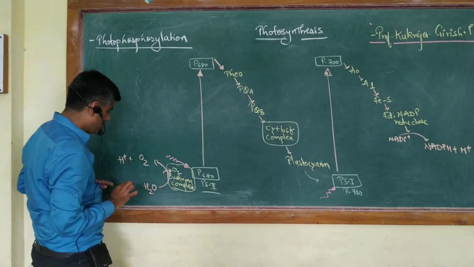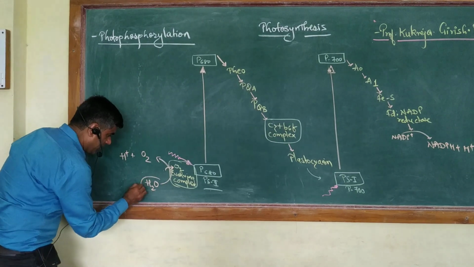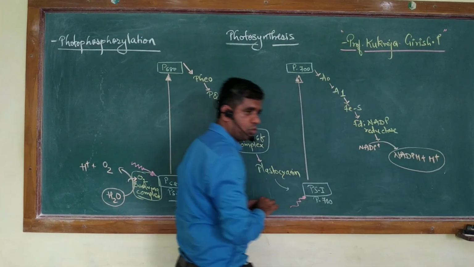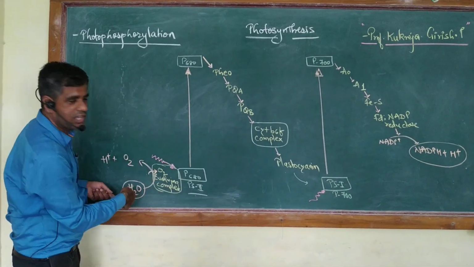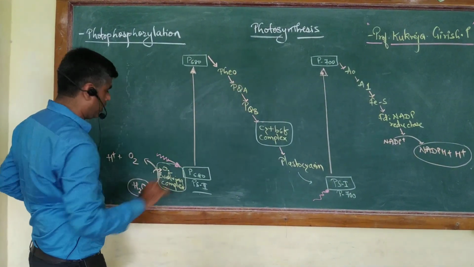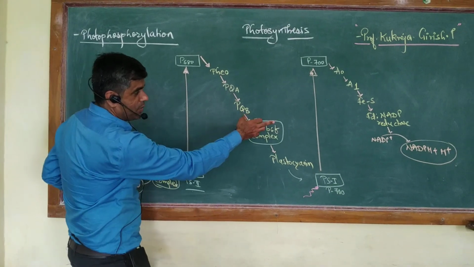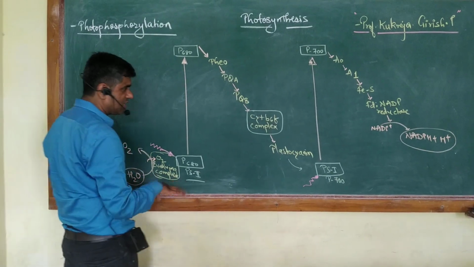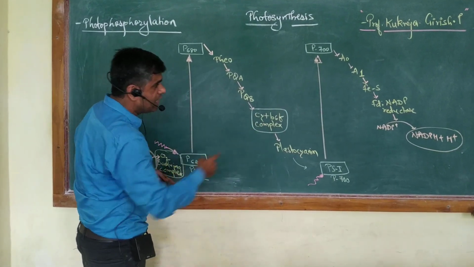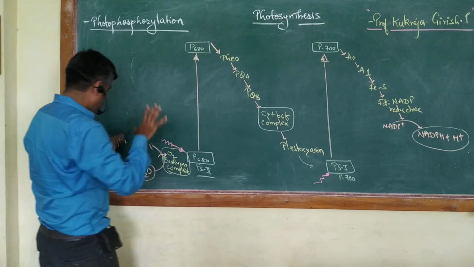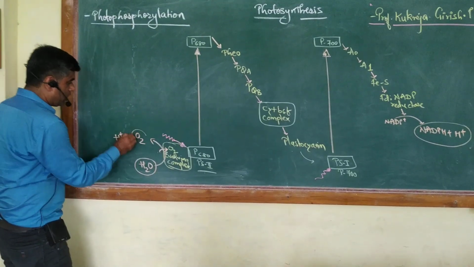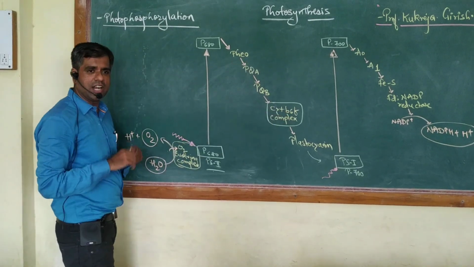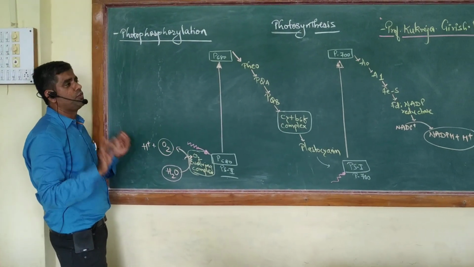The electron donor here you can see is your water, and the electron acceptor you can see is your NADPH. So the electron does not come back. Therefore it is a non-cyclic flow of electron from your H2O to your NADP+. So this non-cyclic flow of electrons generates energy in the form of ATP because of the proton gradient, and there is NADPH formed there, and also there is liberation of oxygen. So this is in short only about the flow of electrons in a typical non-cyclic photophosphorylation.